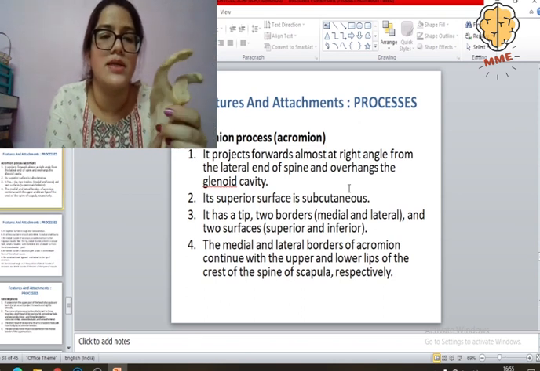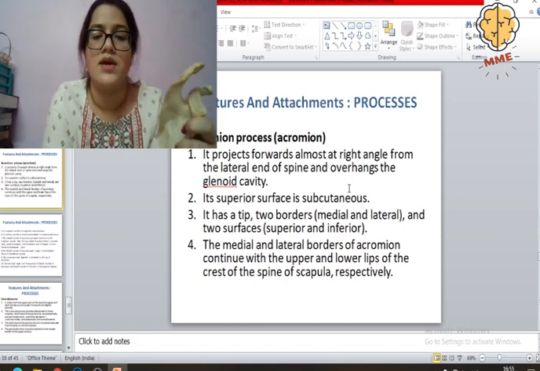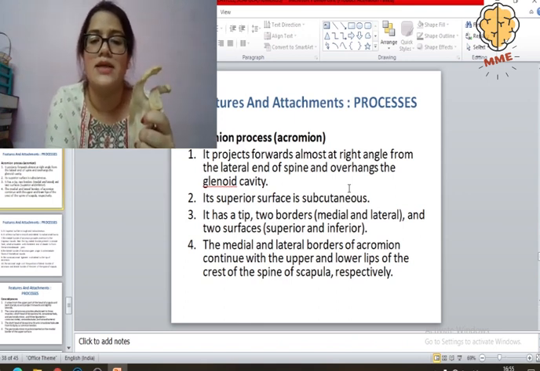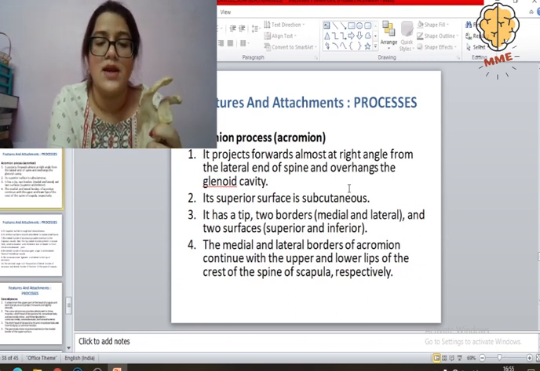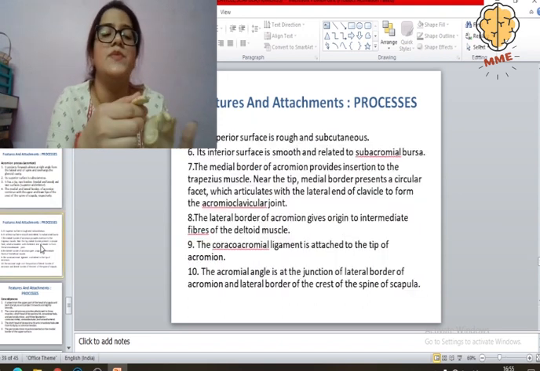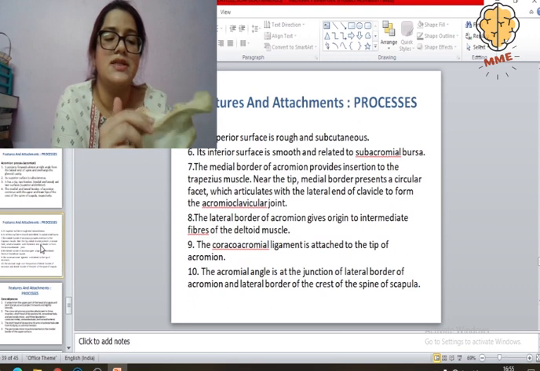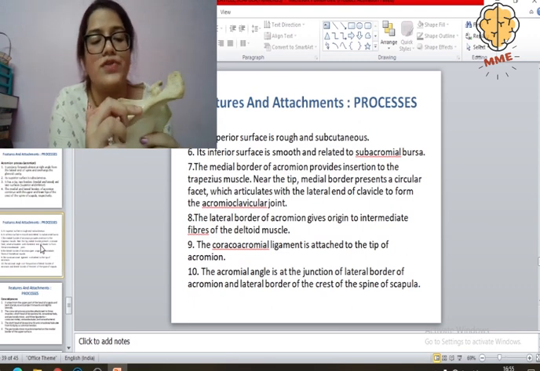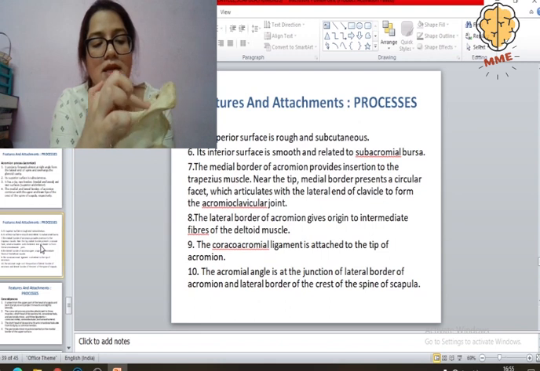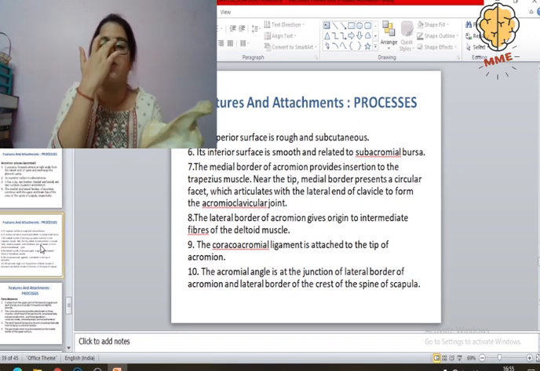Am I able to show you that? Yes. So anterior border, and this one is the posterior border. Now, it has a tip, two borders, medial and lateral, and two surfaces, superior and inferior. The medial and the lateral borders of the acromion continue with the upper and the lower lips of the crest of the spine of the scapula respectively. So, no other attachment. With the upper lip of the crest continues the medial border and with the lower lip continues the lateral border. So this would receive the attachment of deltoid and this would receive the insertion of the